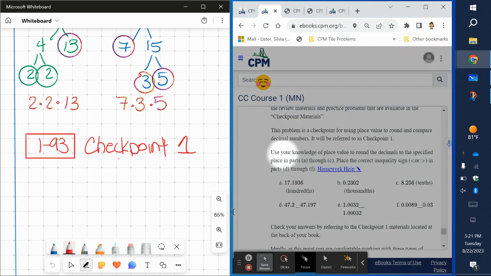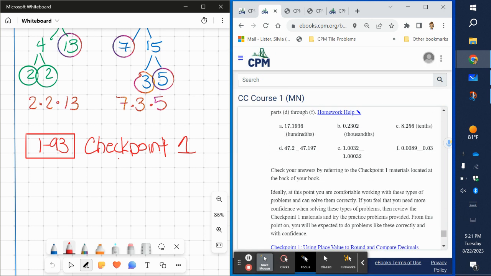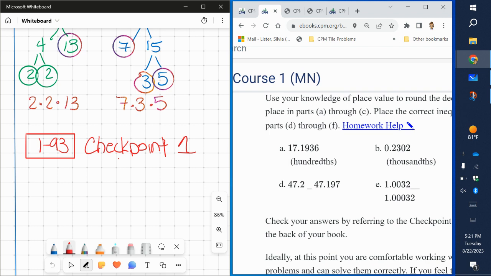Use your knowledge of place value to round the decimals to the specified place in parts A through C. Place the inequality sign, less than or greater than, in parts D through F. So we are going to do those parts and then we'll continue reading this problem. So let's look at letter A,